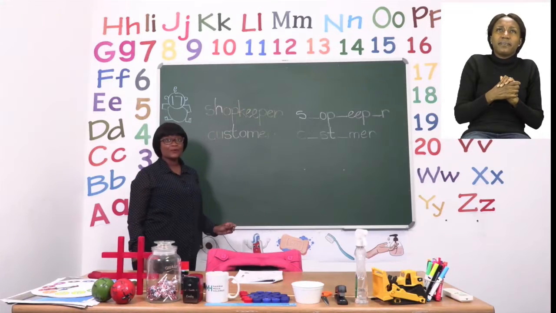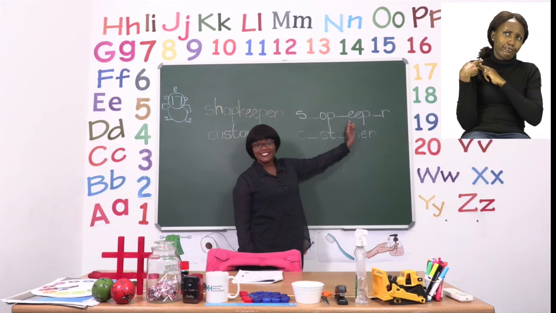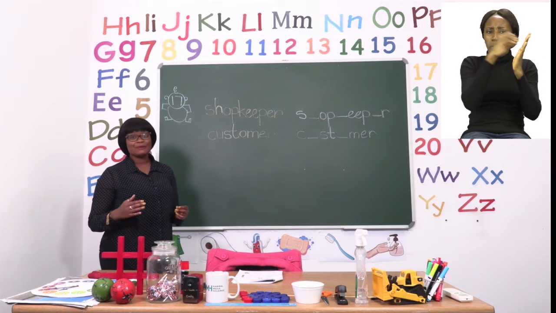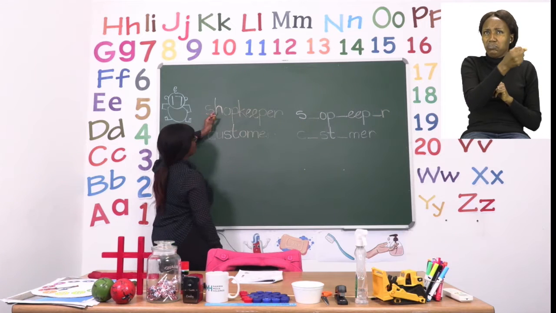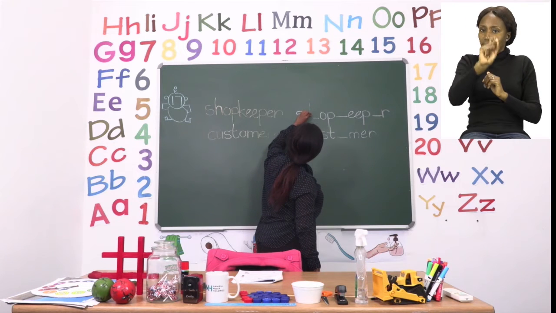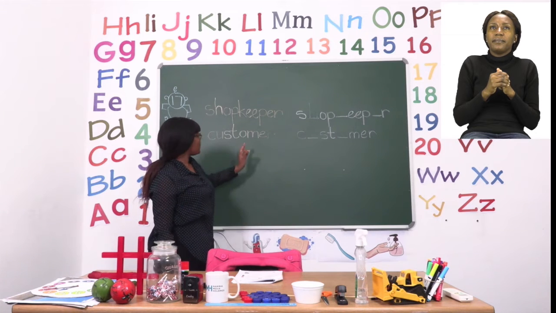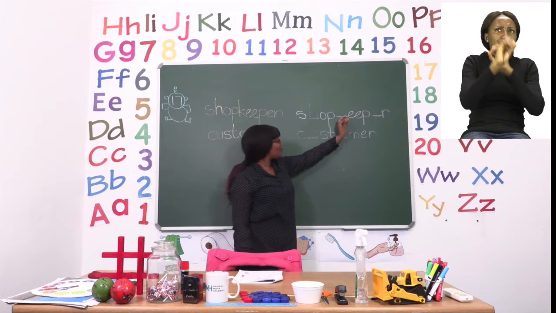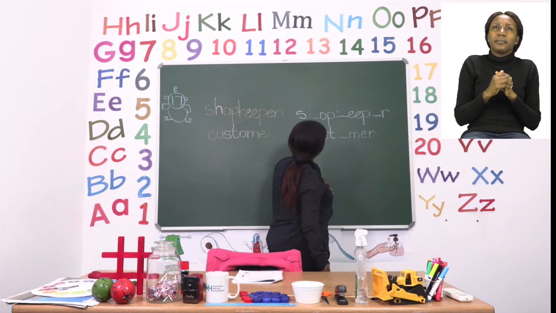Now we have the word shopkeeper. And you can see that on the other side, some letters are missing. So it is our job to make sure we put the correct letters where they are missing. We have a S for the first one, but the H is missing for the second one. So we are going to write a H. Make sure that it is nice and neat. Now we continue, and then we can see that we are missing a K. So we're going to put our K. There we go. We are almost there.